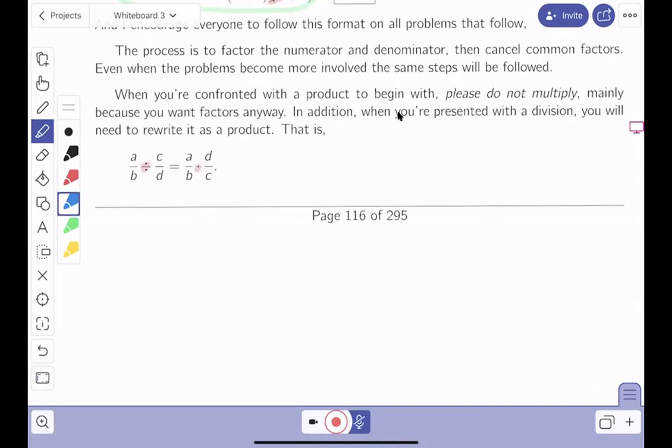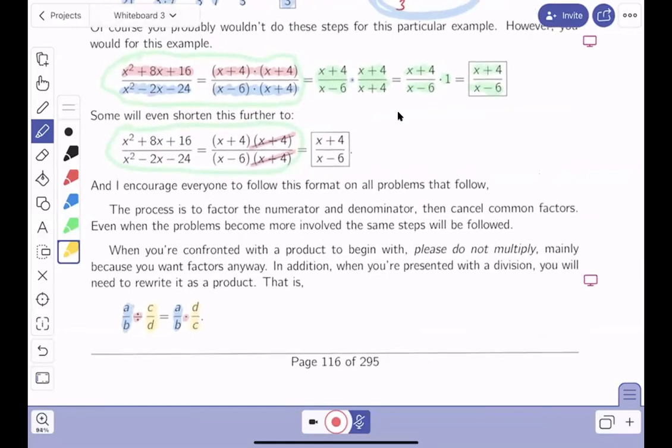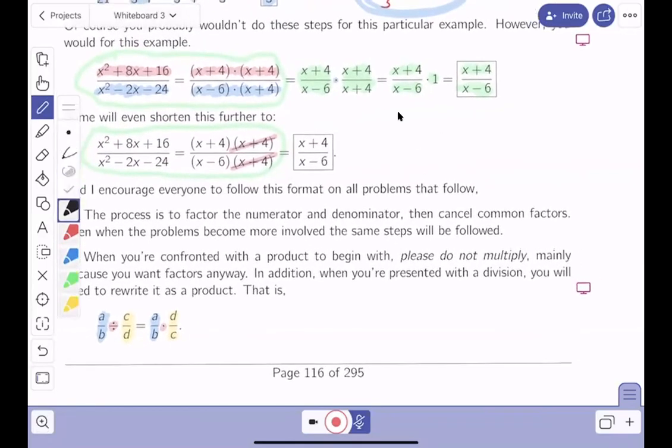All right, so what's it going to be? It's going to be this thing here, A over B, times the reciprocal of this thing over here. And what's the reciprocal of that, D over C? We will go through examples, right? When we go through those examples, I'm going to point out the key word here in these problems over here is we're looking to reduce